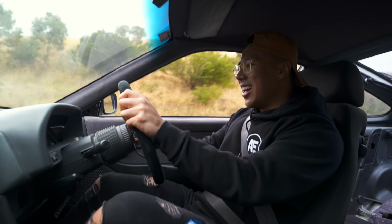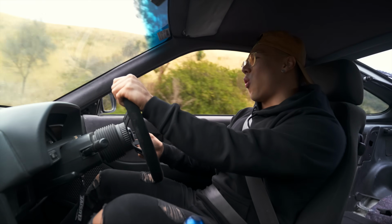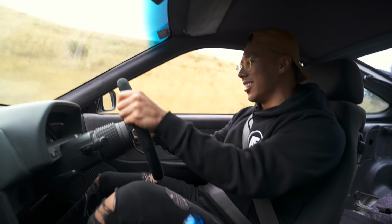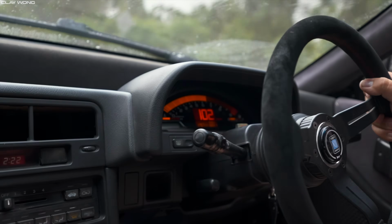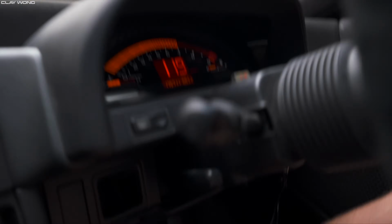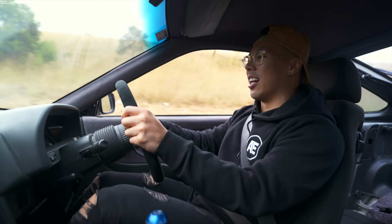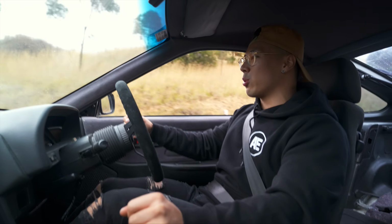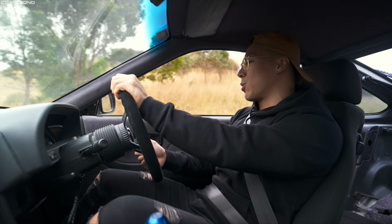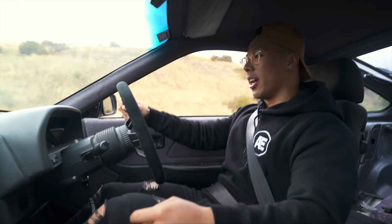No power steering in this CRX, so it's going to be quite a muscle intensive session. Wow. Instant torque and response down low with this K series engine. Being that it's got the K24 with the 2.4 litres of displacement, just bucket loads of torque down low, and when you step on it,